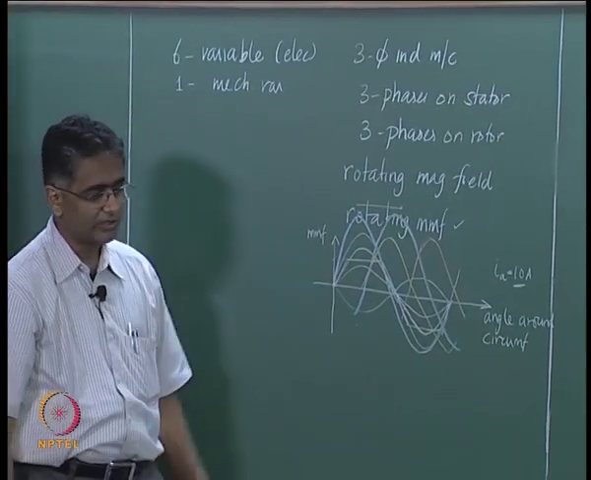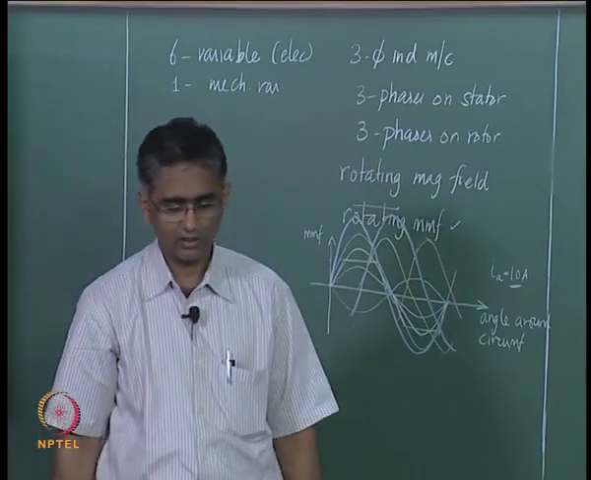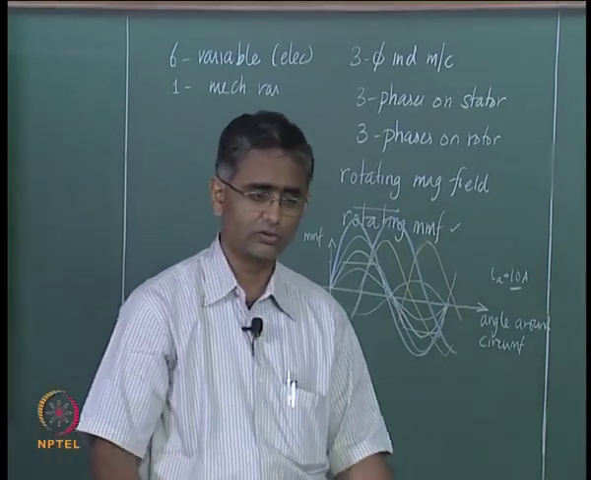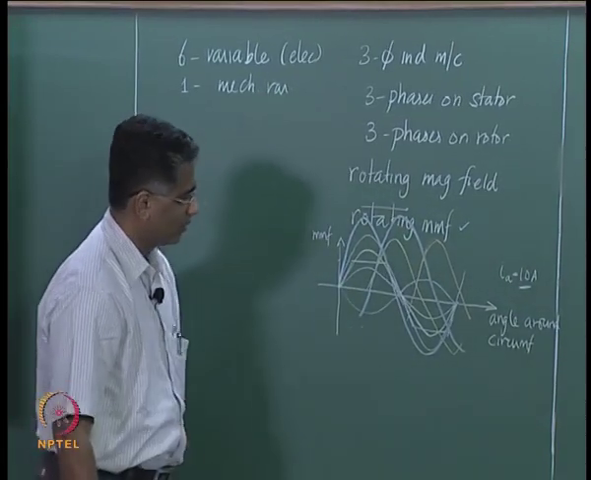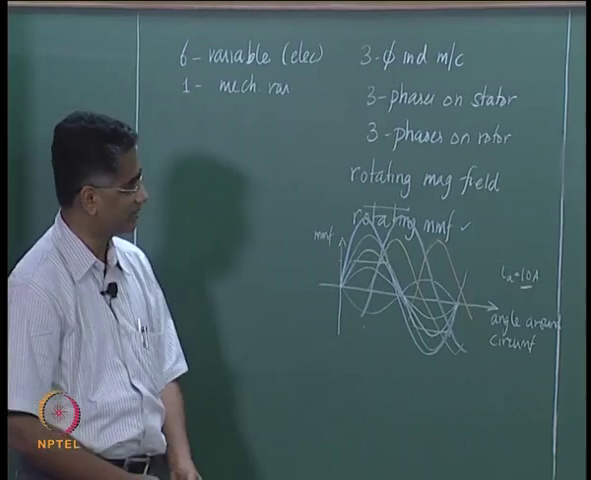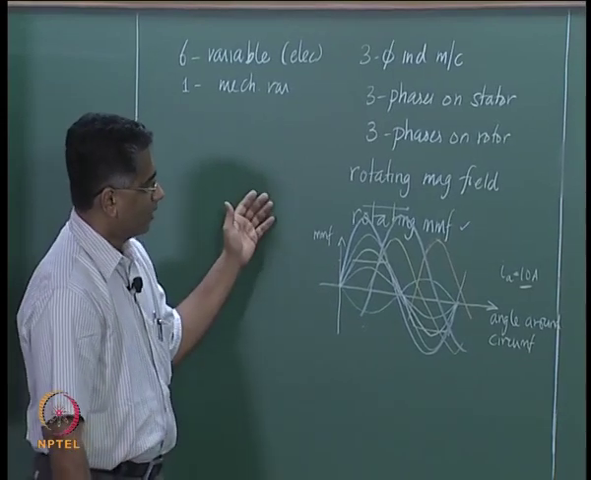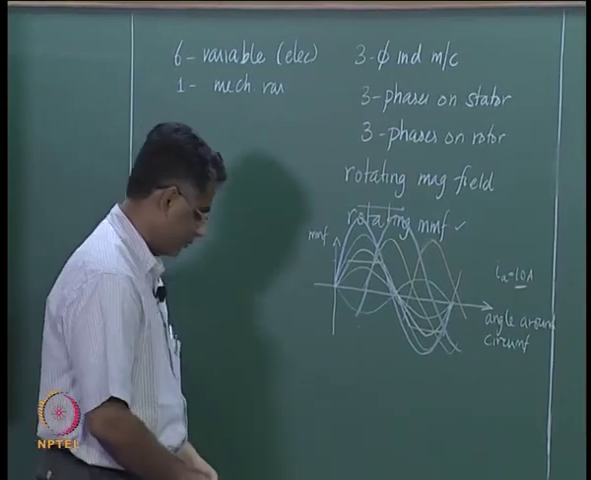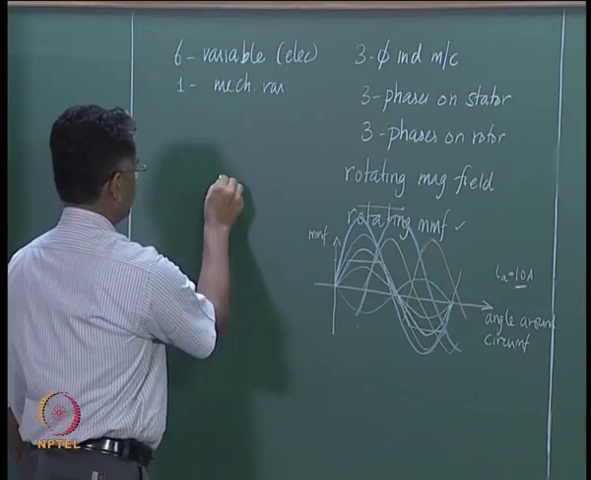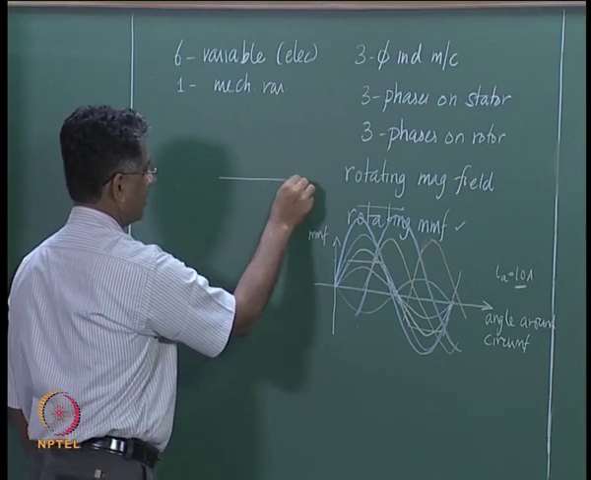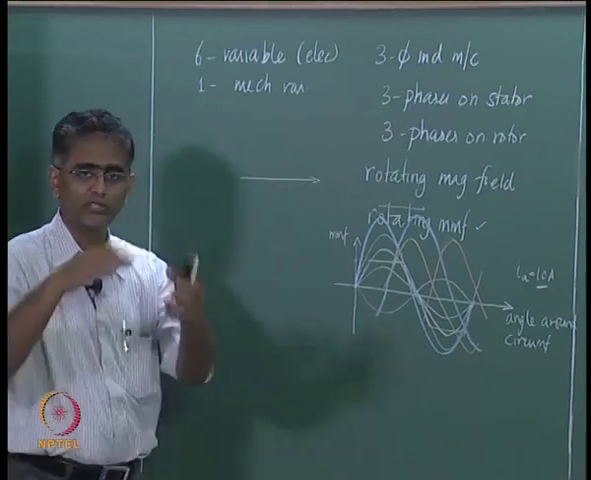There are good animations of this in the NPTEL web based course on electrical machines. One can take a look at this to understand how this rotating MMF is generated. Now, this is a rotating MMF, that means what you have is, if you mark an angle which represents 0